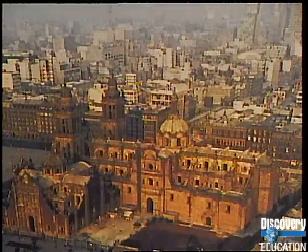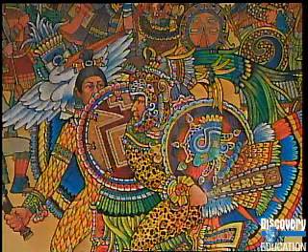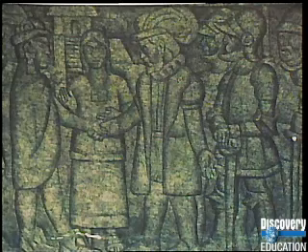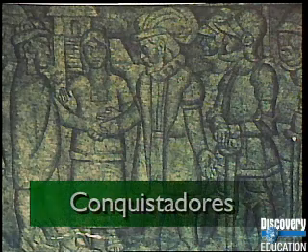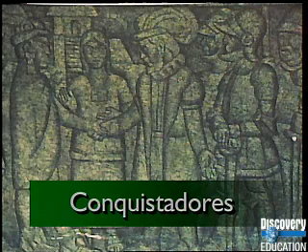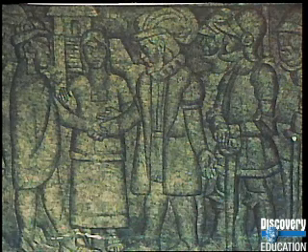The people living in the country before the first Spaniards arrived spoke a bunch of different languages, but none of them were Spanish. The language came with the Spaniards who arrived in the 1500s. These Spaniards were called conquistadores, or conquerors. They came to conquer the New World, and with their conquest came the Spanish language.